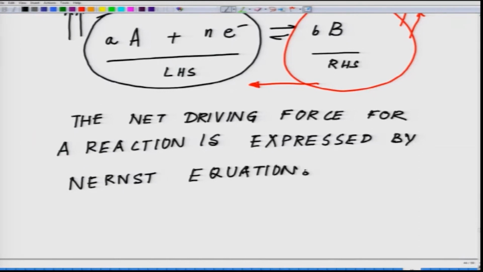Okay. And whose two terms include. So, if I put the Nernst equation in place, it has basically two terms. So, the Nernst equation for the reaction that I just showed, say for example, if this is the reaction and if I had to put the Nernst equation in place, so it will be